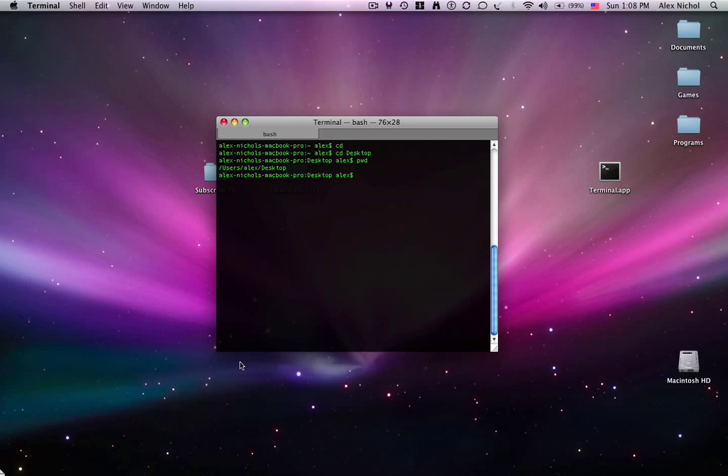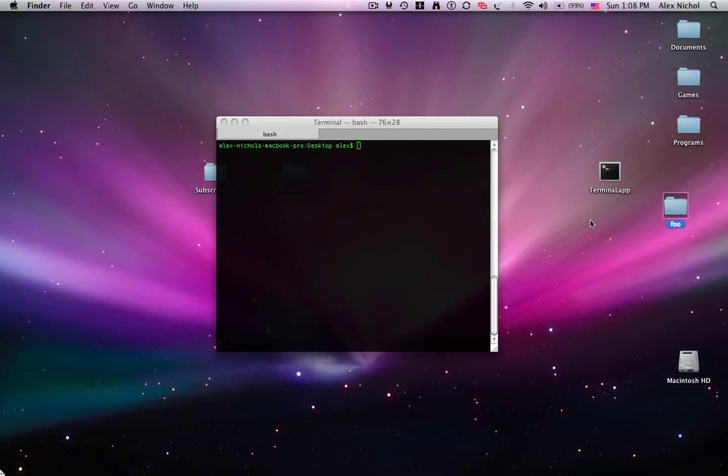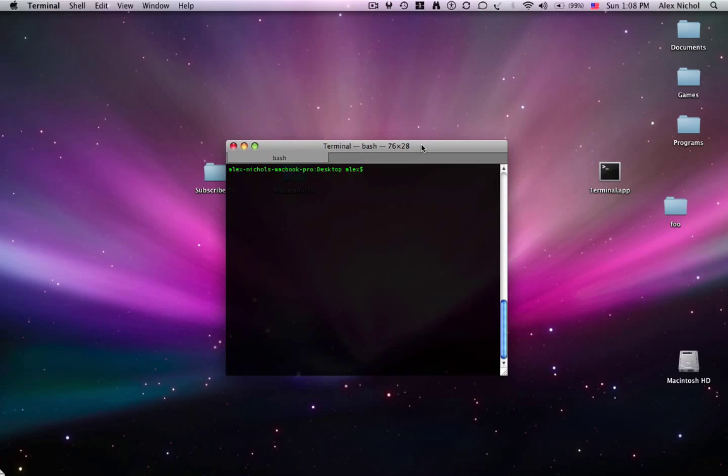So now I'm just going to create a folder called foo, and inside of it make a file called bar. Okay, so now I have a folder on my desktop, where I am currently CD'd to, with a file inside of it called bar. I'm going to be tarring this folder called foo to a tar file that allows you to transport this folder anywhere. To do this, type tar space dash cvvf